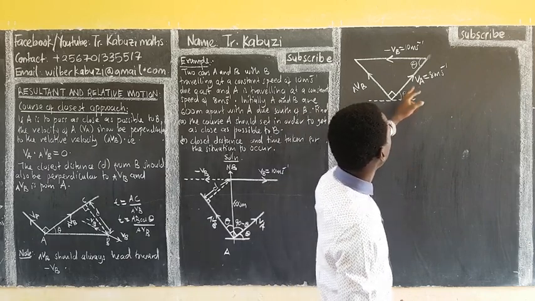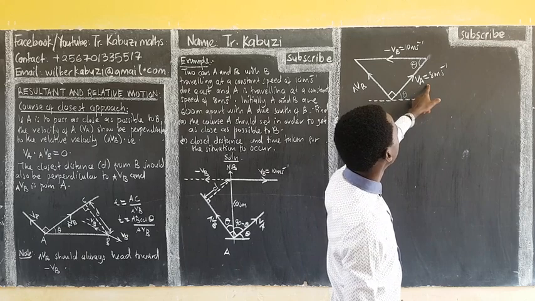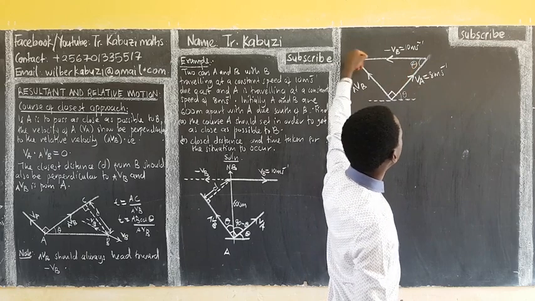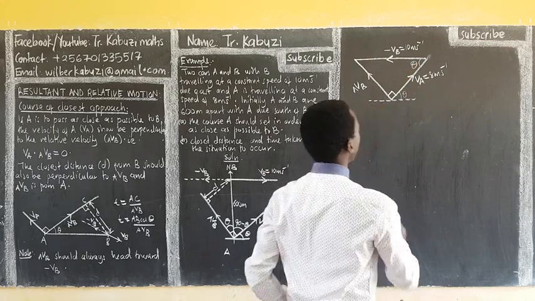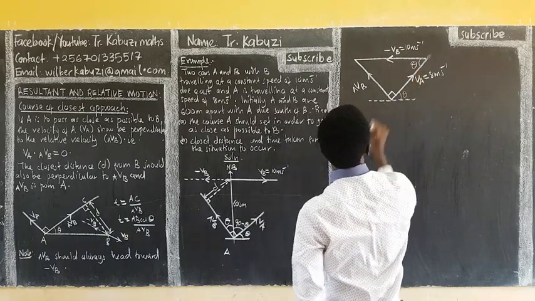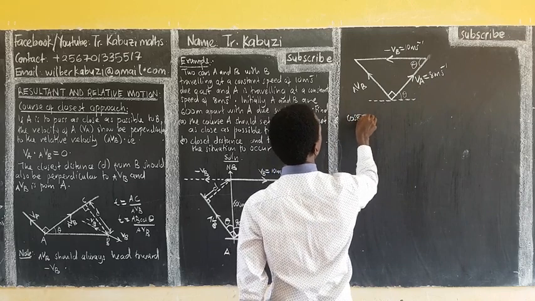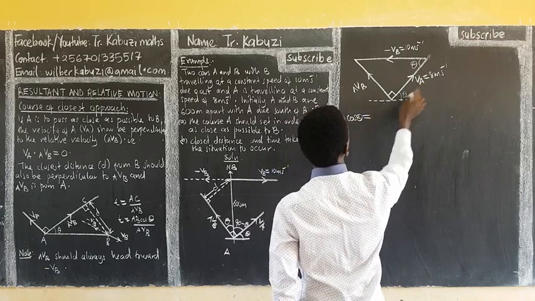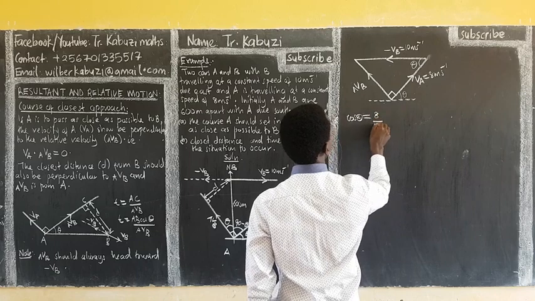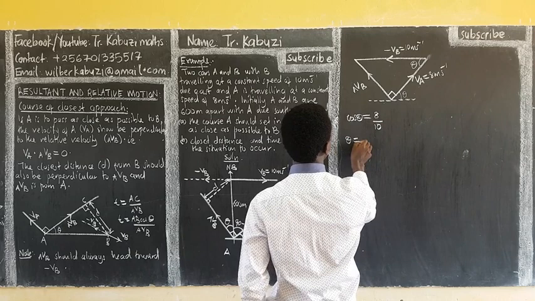I have this, I need this. So this is adjacent, this is hypotenuse. So from there you can see, and now my cos theta is going to be the adjacent, which is 8 over 10. So from there, my theta is going to be,